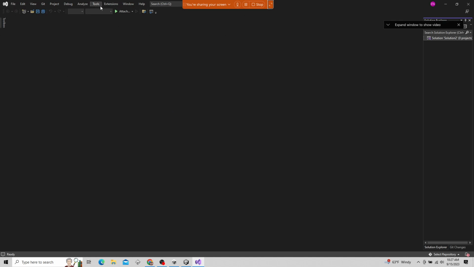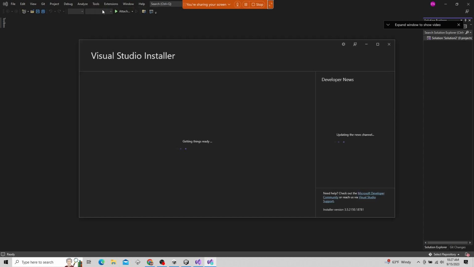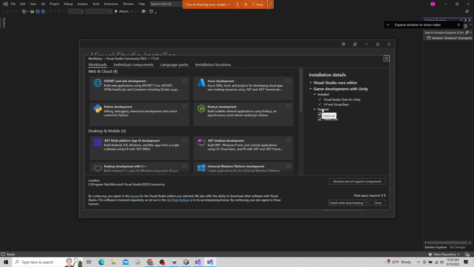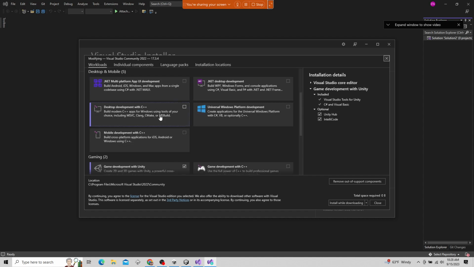Cool. So the things I really wanted to show you is that this is just what the editor looks like, and once it gets filled out with code documents, it'll look a little easier to understand. But I wanted to show you the get tools and features. And for me, I already have them installed, but